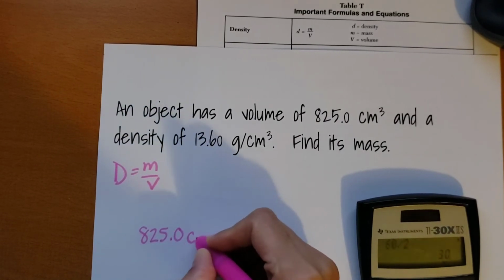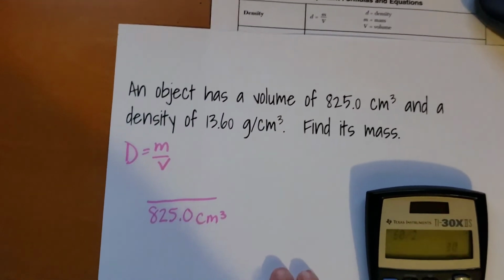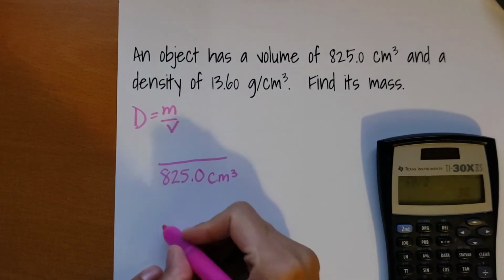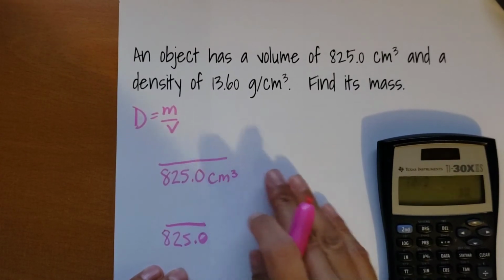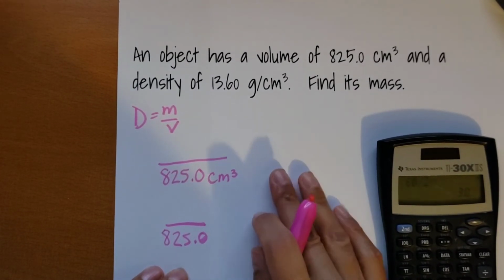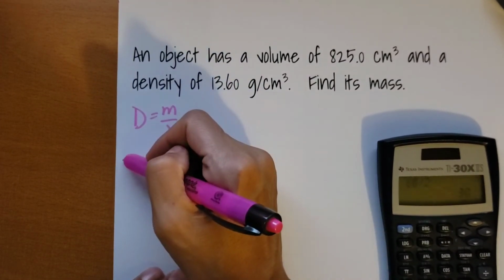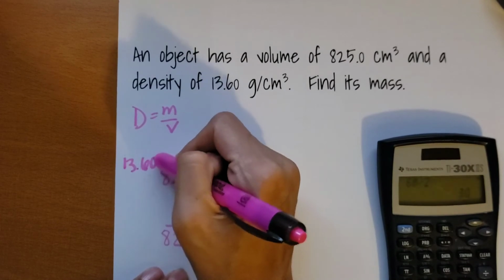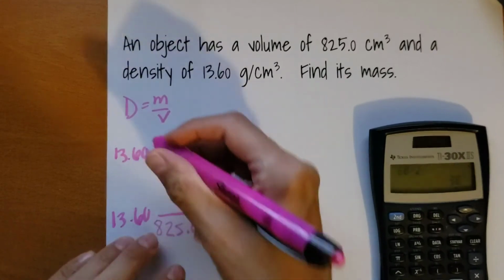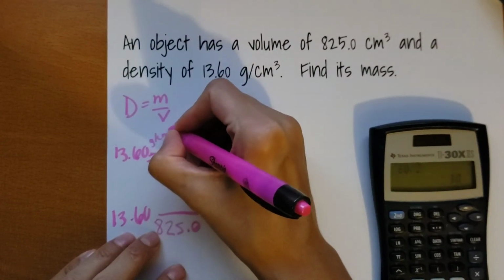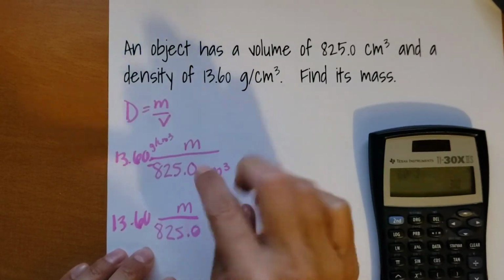825.0 cubic centimeters. If writing the units inside of the math confuses you, you can just write your math without the units like this. They mean the same thing, so it doesn't matter. And then we also know the density is 13.60. And we're looking for the mass, so we're going to call that m, and so we need to solve for